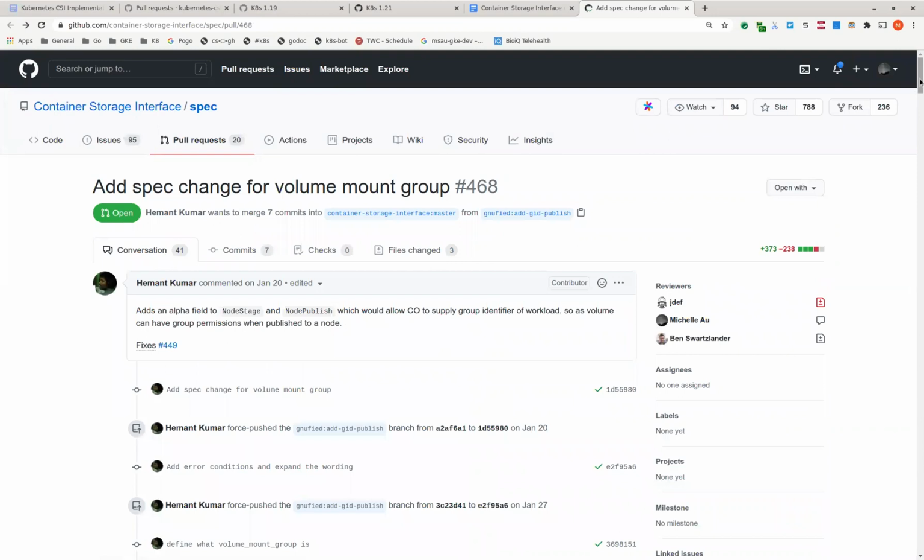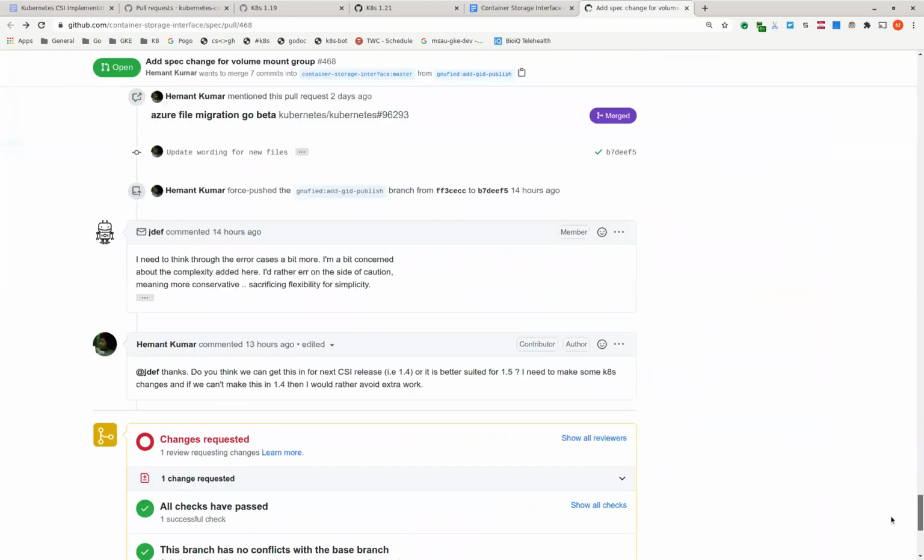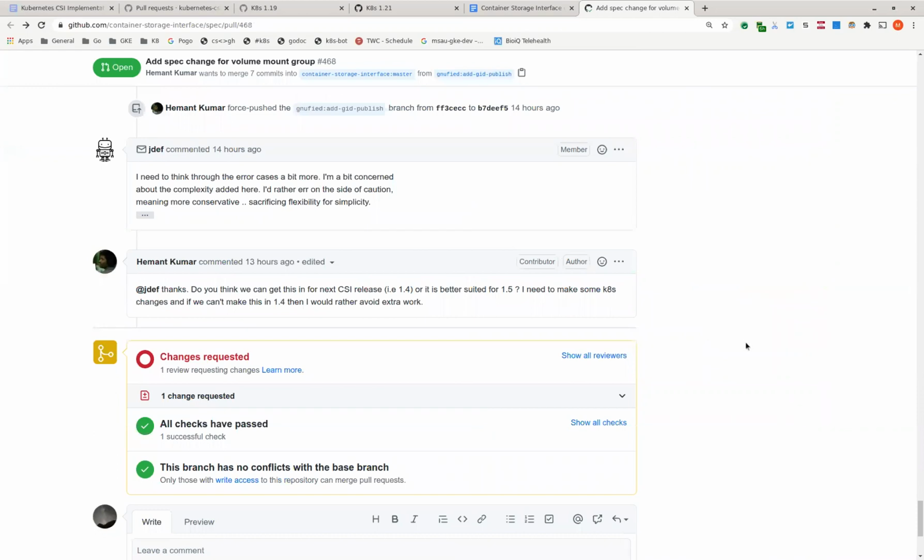Looking at the message, I can only interpret that when we say node publish could use a different mount group from node stage, or multiple node publishers could use different mount groups from each other, we are being very flexible about how this is done.